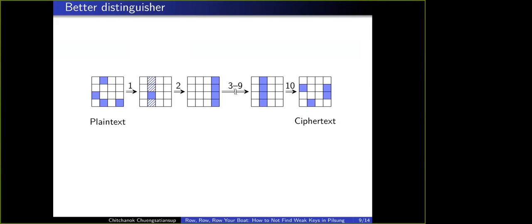Now, next we'll explain how we search for such weak keys. So we developed an efficient algorithm to search for such weak keys. And first, let me recall the round key. One round key has 128 bits because this is used for